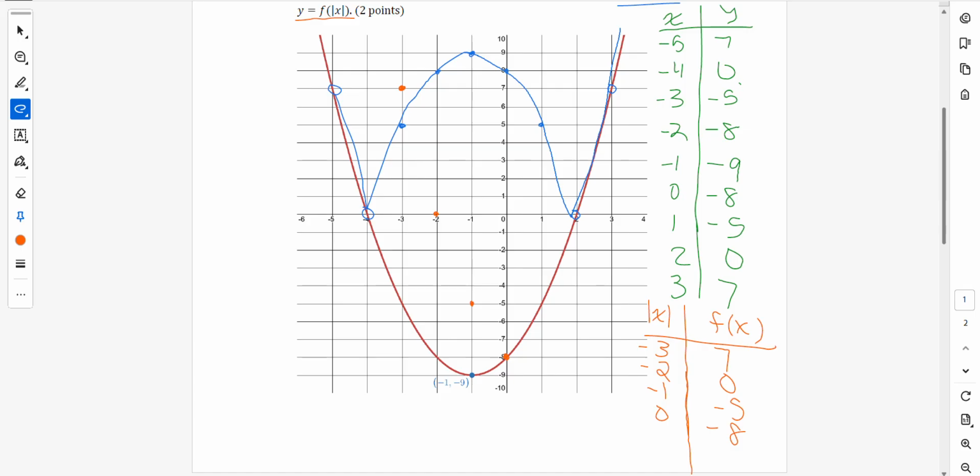Does anyone remember, even if you have to look back in those notes or that homework, the property of graphs when we did the absolute value of x? If you want to look in the homework,